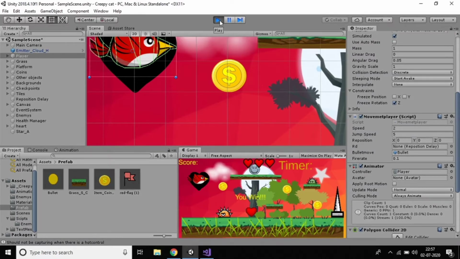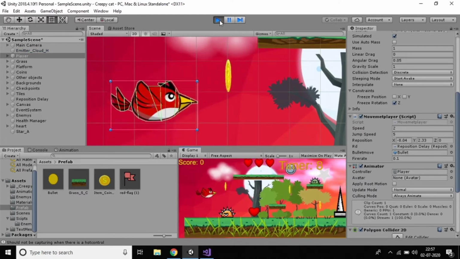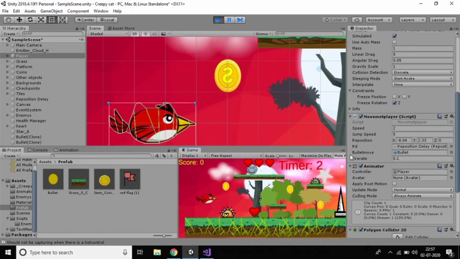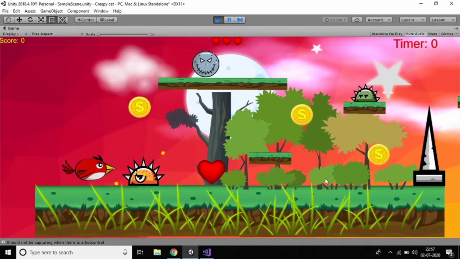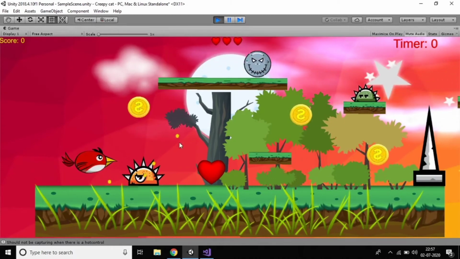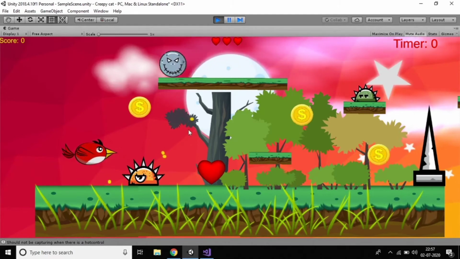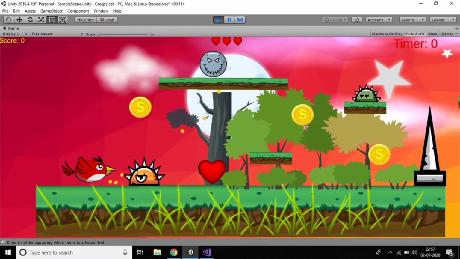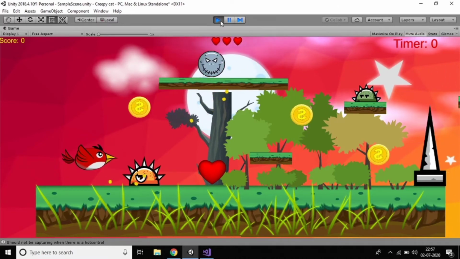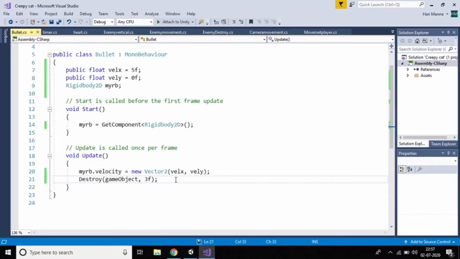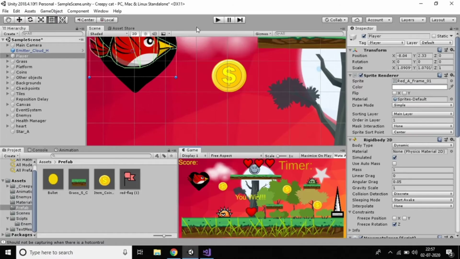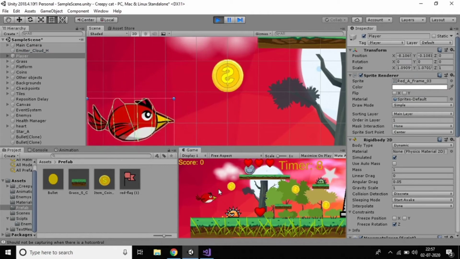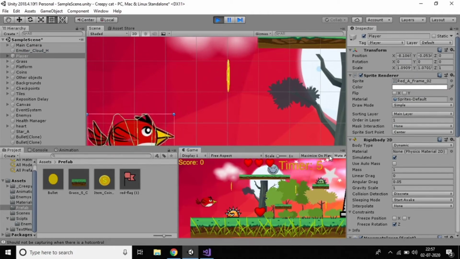So my bullet should destroy, right? If I press control, yes, after 3 seconds did you observe that my bullet will be destroyed? Just observe here. Of course it's not happening. So just save this one. Now you can check whether after 3 seconds it is destroying or not. Yes, maximize and check this one.